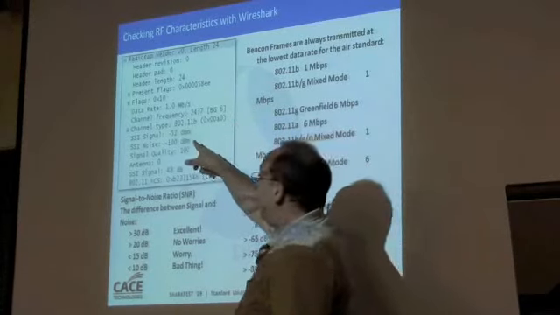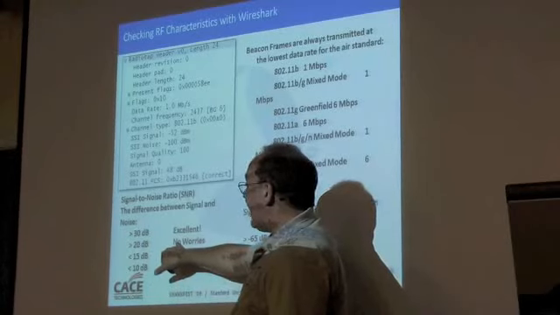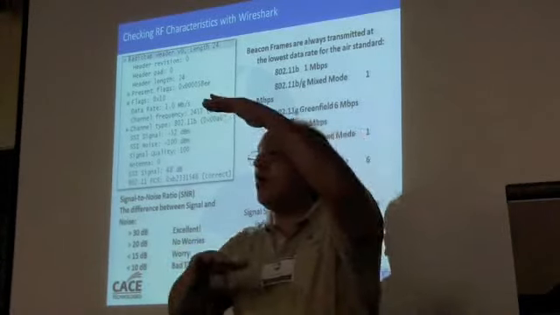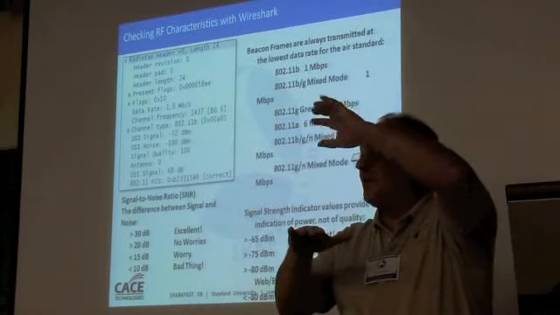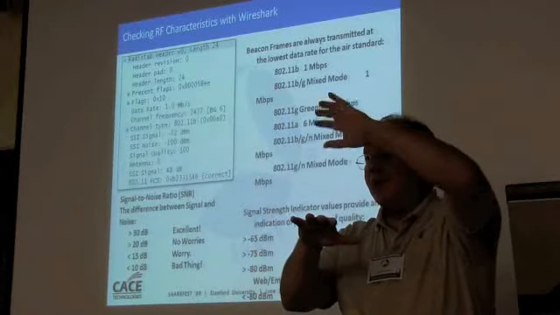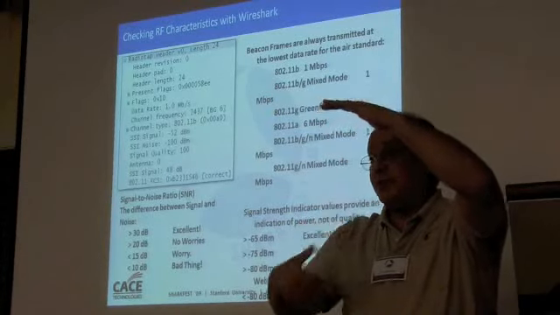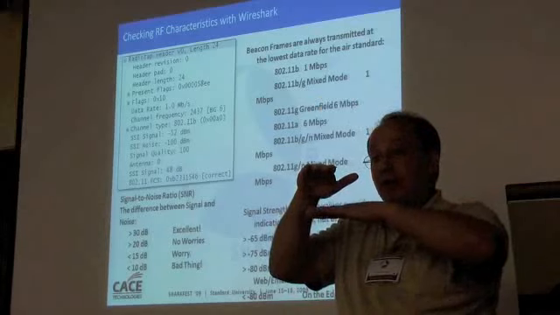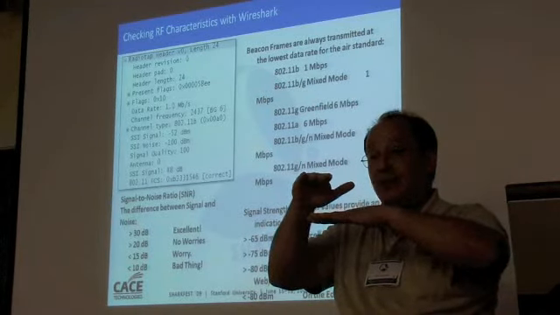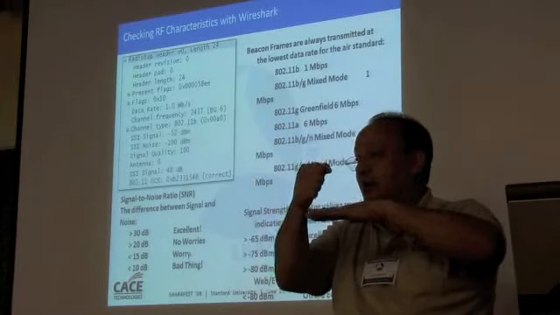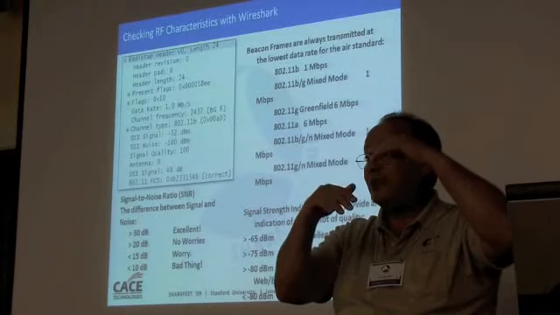And what I need is the signal to be at least 20 dB greater than the noise for reliable operation. To recover the signal from the background noise, I want the signal to be 20 dB greater than the noise in Wi-Fi. By the way, in CDMA and cellular, you can have that flipped over. You can have noise that's 3 or 4 dB greater than the signal, and it can still be recovered. Different radio stuff. WiMAX will run down a little lower than that, 7 dB signal to noise.